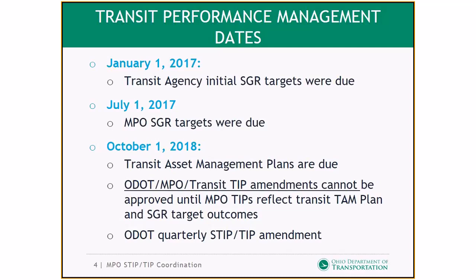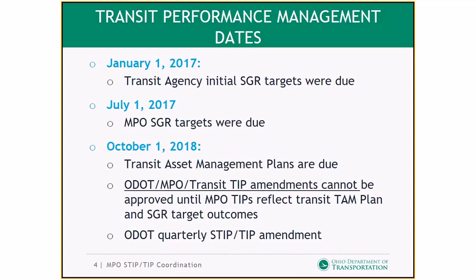Now, interestingly, there's a convergence of regulations that are going to take place all on October 1st. The transit asset management plans are due on October 1st, and then interestingly, effective October 1st, TIP amendments cannot be approved for new or amended projects until the MPO TIPs reflect the transit TAM and the state of good repair outcomes for their regions. And essentially, this is the TIP planning documentation that MPOs need to put together. And that planning documentation is, in effect, a summary of the region's status related to state of good repair targets